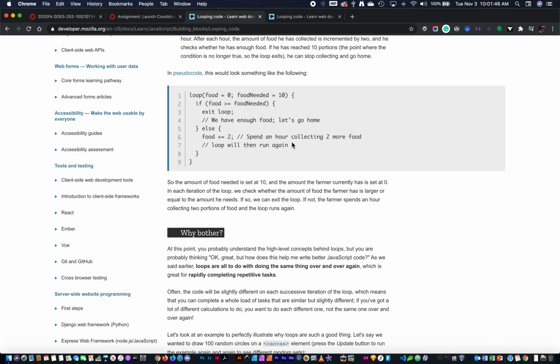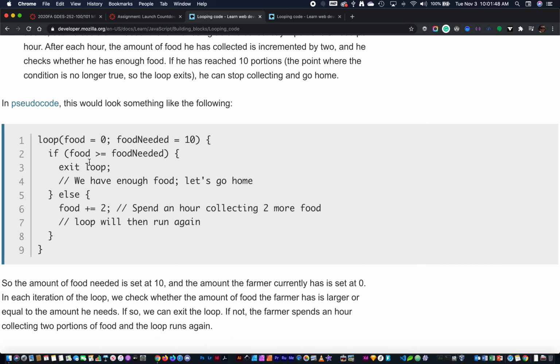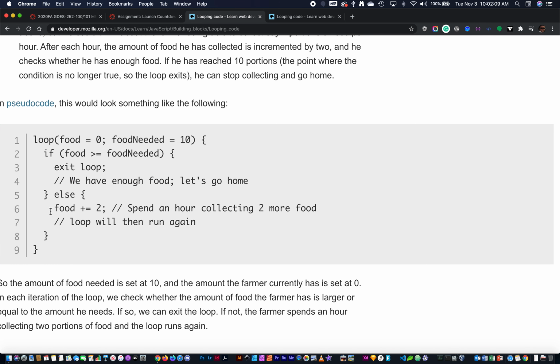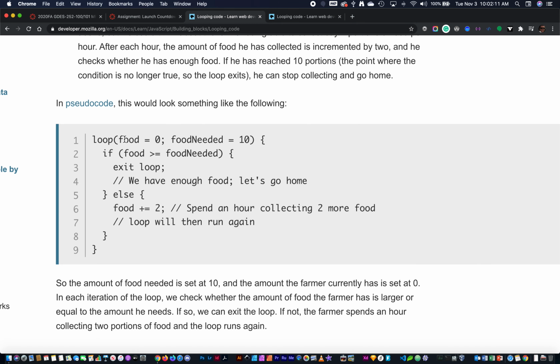So in this example here in the pseudocode, we would write something that would say loop food. I don't have any food, so I have 0 food, and I need 10. So if food is greater than or equal to the amount I need, finish. We have enough. Let's go home. Otherwise, I'm going to take food and add 2, which means they spent time collecting food, and then test the